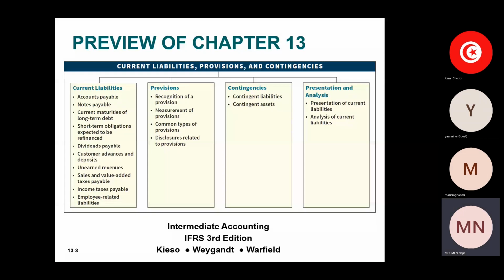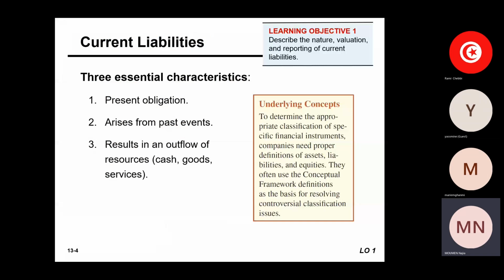It's important to recall that when we talk about liabilities, be careful, it's about a present obligation. That's a current obligation, okay? And this obligation arises from what? From past events. There was a transaction in the past that made this present obligation arise. And in the future, the settlement of that obligation will make the company use up some of its assets, like cash, goods or services. So this is the main definition of a liability.